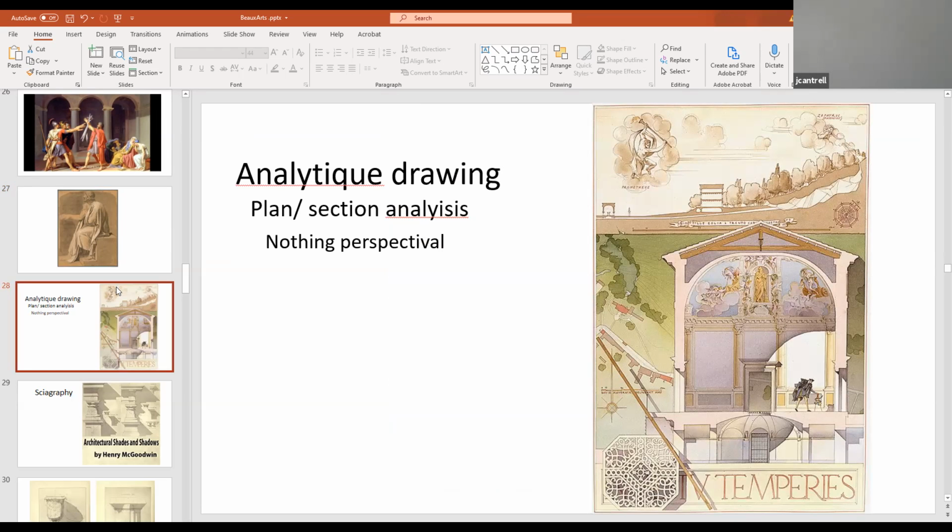And so by analytical, I mean an analysis. It's interesting that we're looking at plan and section only. We're not looking at perspectival. It's interesting that when we talk about the study of architecture, particularly in the Beaux-Arts, you really rarely ever see